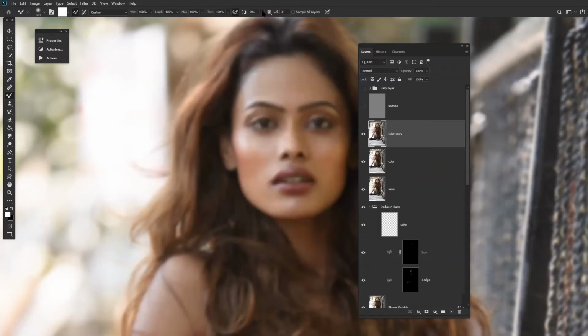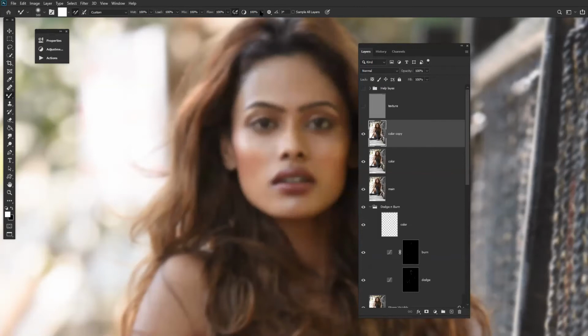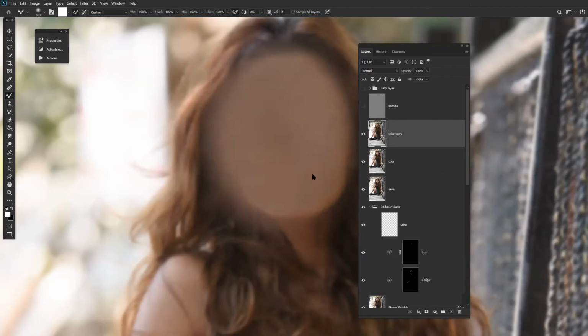Now if I increase the jitter, it will mix, but it will take a little time. Can you see the difference? It's not mixing up at once like when it was at 0. It's taking time. If I put it at 0, one click and it will start mixing.